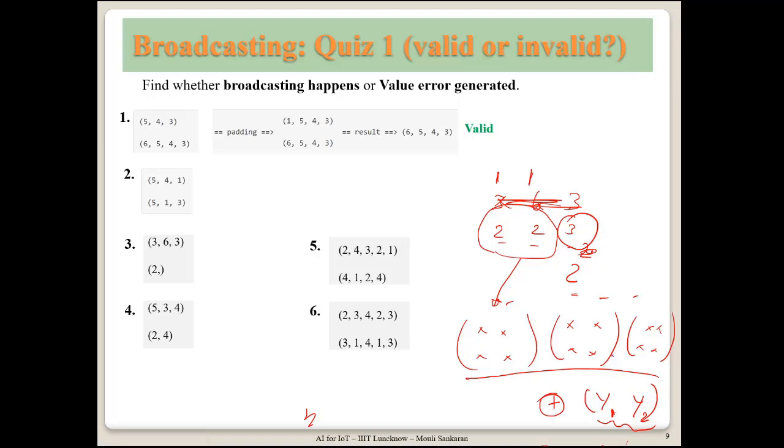Now for a moment assume that this was not 3, it was 2. Then I will not have this extra array at all. Then if I am given another array having only 2 elements, y1 and y2, a single dimension array with y1 and y2,